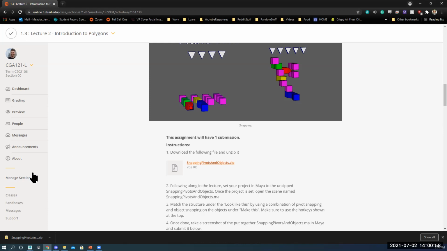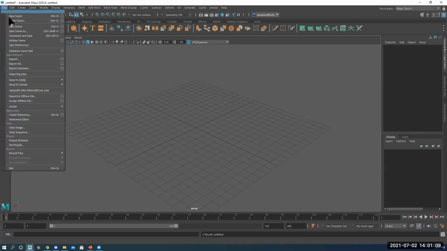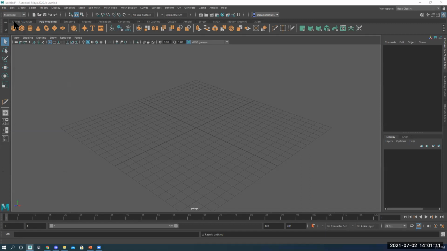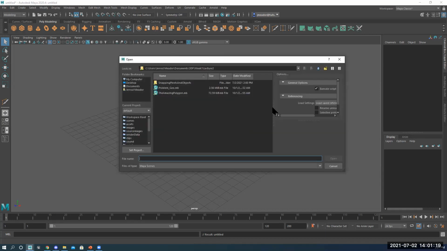So we already have Maya open. Awesome. We can always just hit new, kind of clear everything out. But now we need to set our project. So we're going to go right here, File, Open. Oh, gotta be careful. The chat window was covering up my open window. All right, so